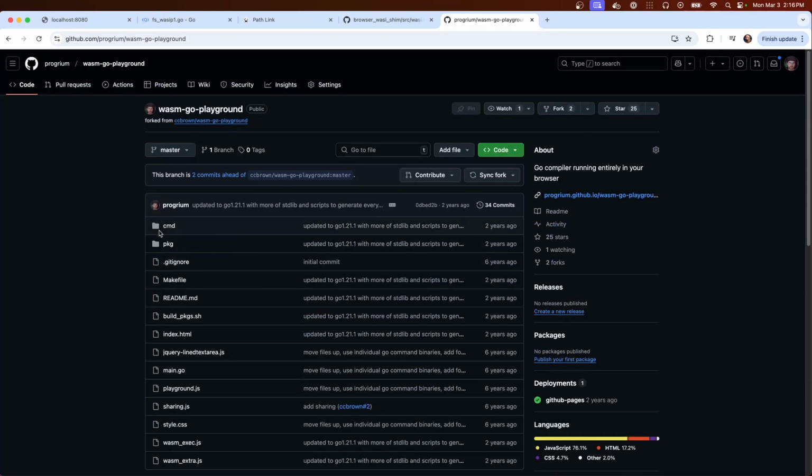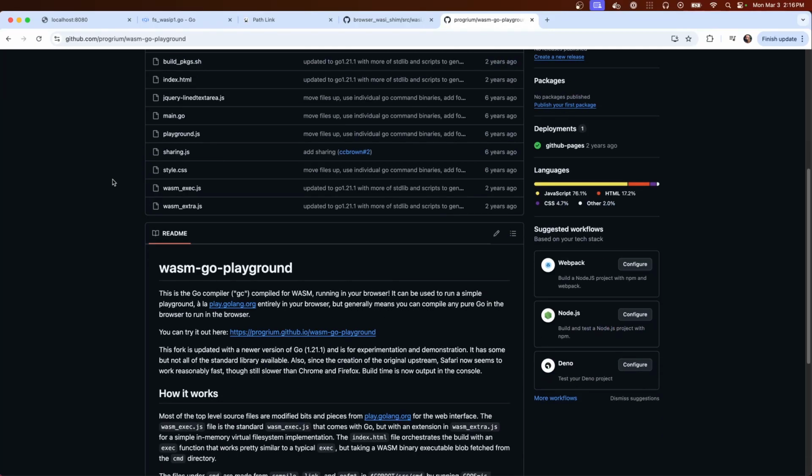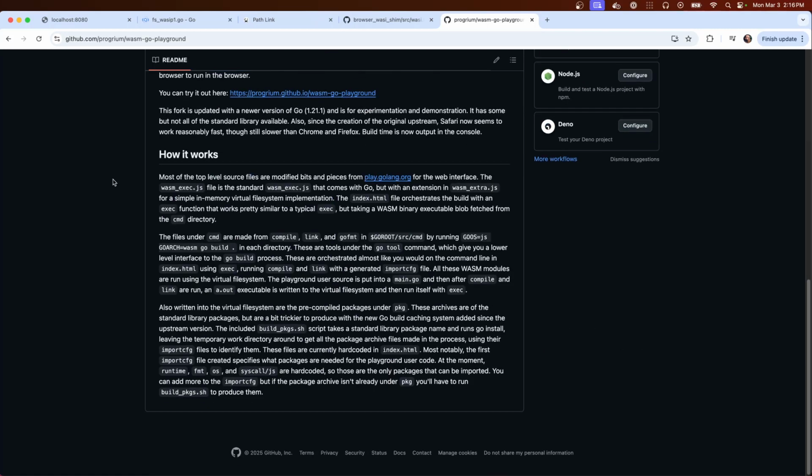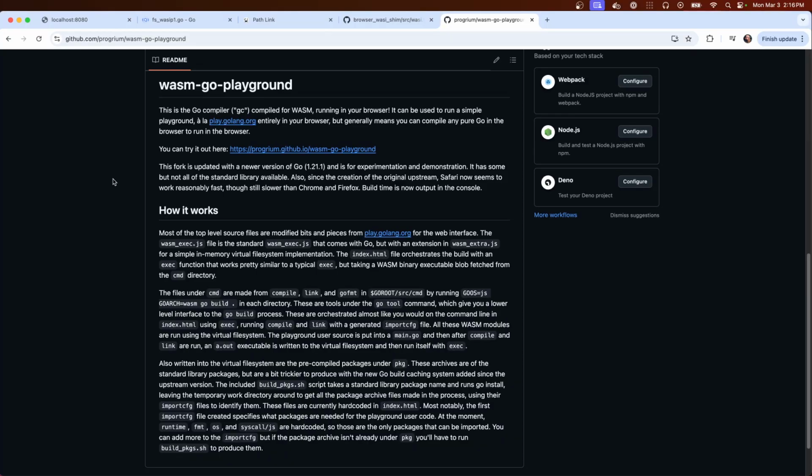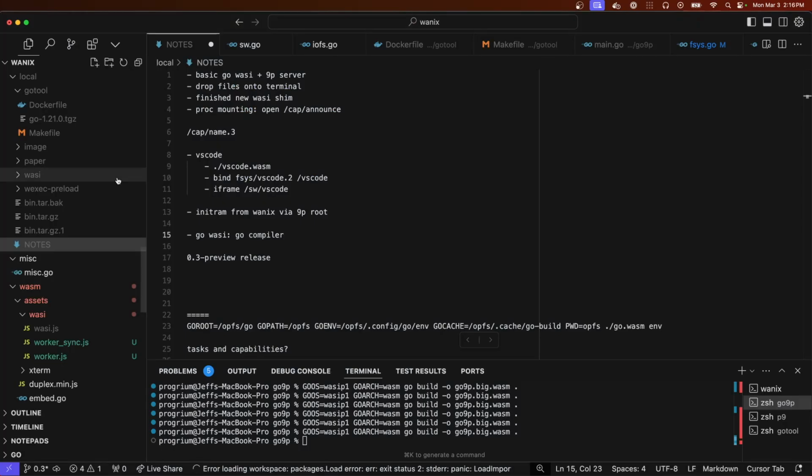It was almost like a fork of Go in a way, because the Go toolchain wouldn't compile under WASM yet. But since WASI Preview 1 support, I think it has. So sure enough, we could compile Go to WASI.